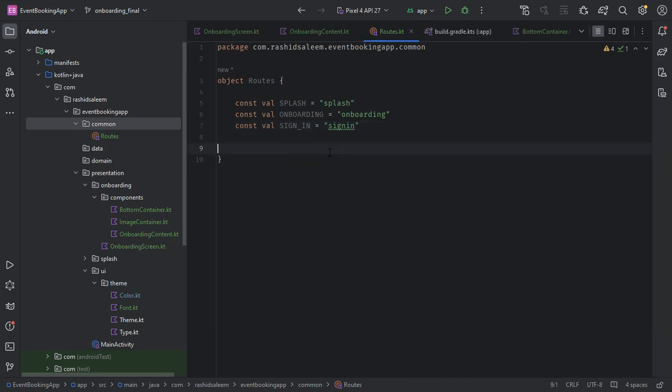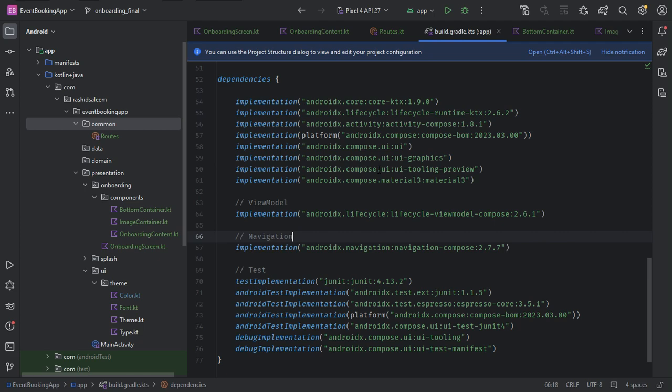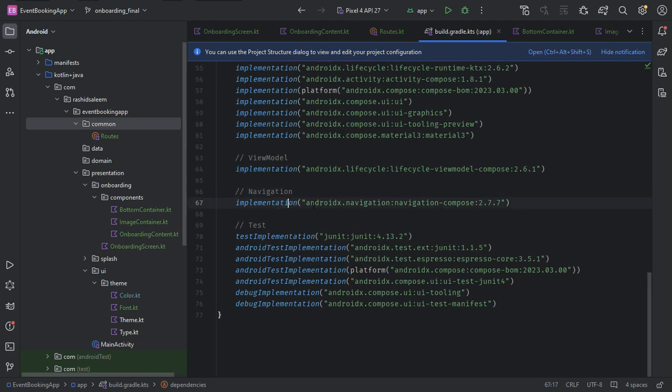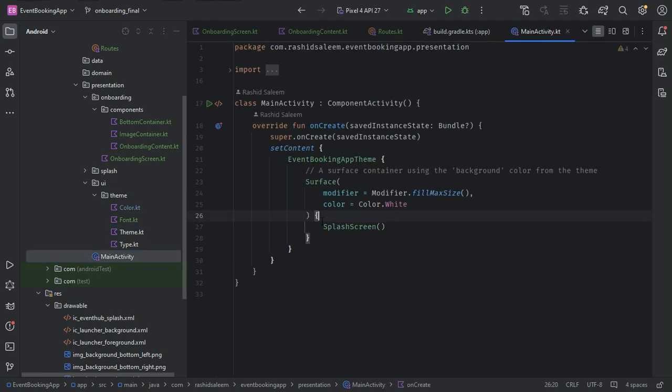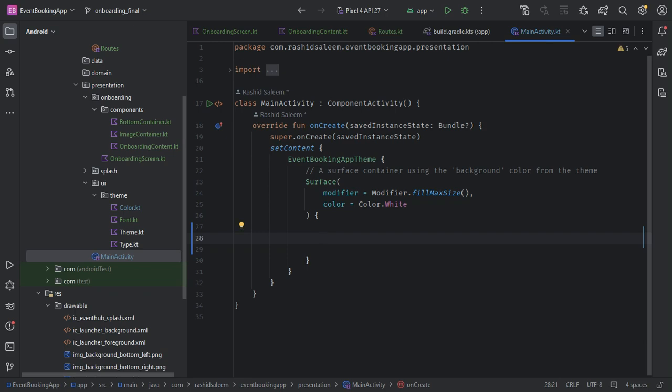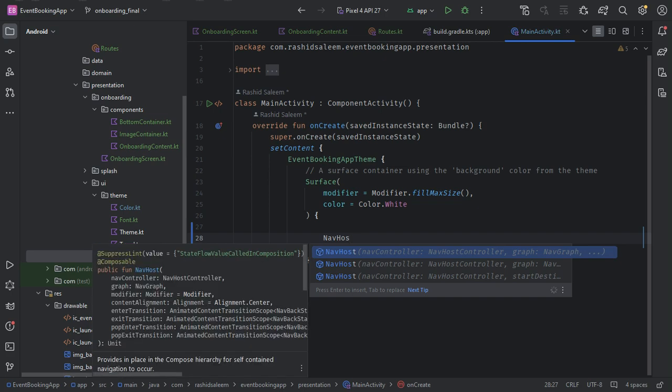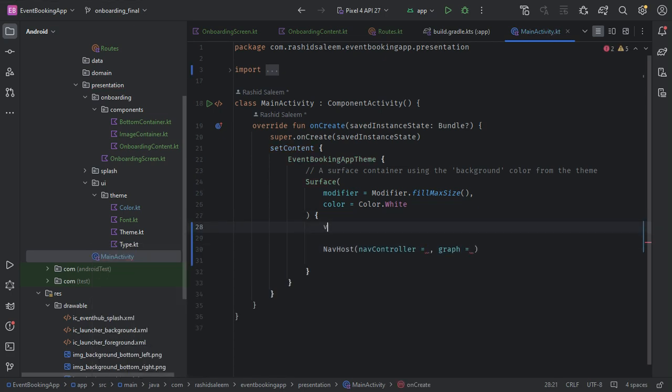And the next thing is we need to add the dependency, which you have already added, the dependency for navigation compose. So now we will go to our main activity, and here in the surface we will create nav host. First of all, nav controller,